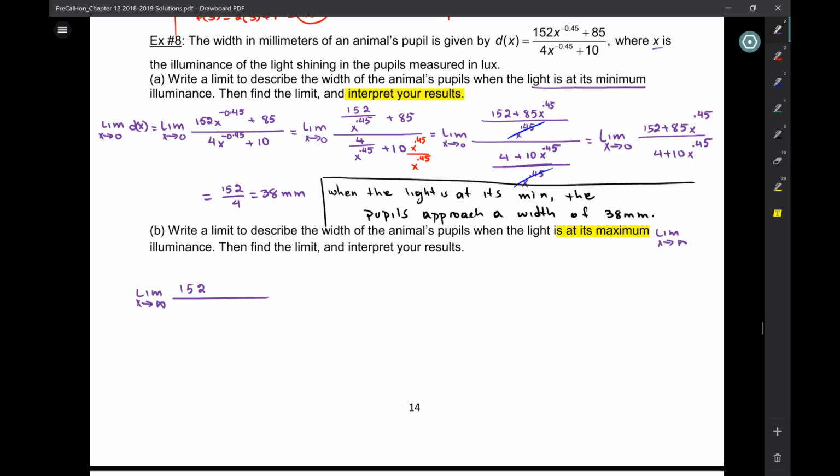So I'm going to start with that function here, step number 4, 85x to the 0.45 over 4 plus 10x to the 0.45. Now this time my limit is as x approaches infinity. So I'm going to do those rules, right? I just look at the term with the highest exponent on top, the term with the highest exponent on the bottom. Oh my God, they're the same degree. So it's just 85 over 10, which is 8.5